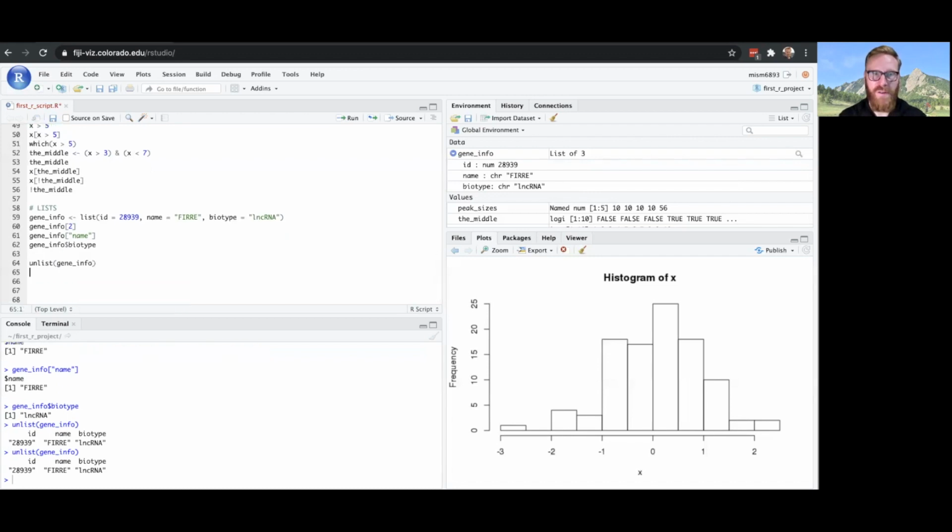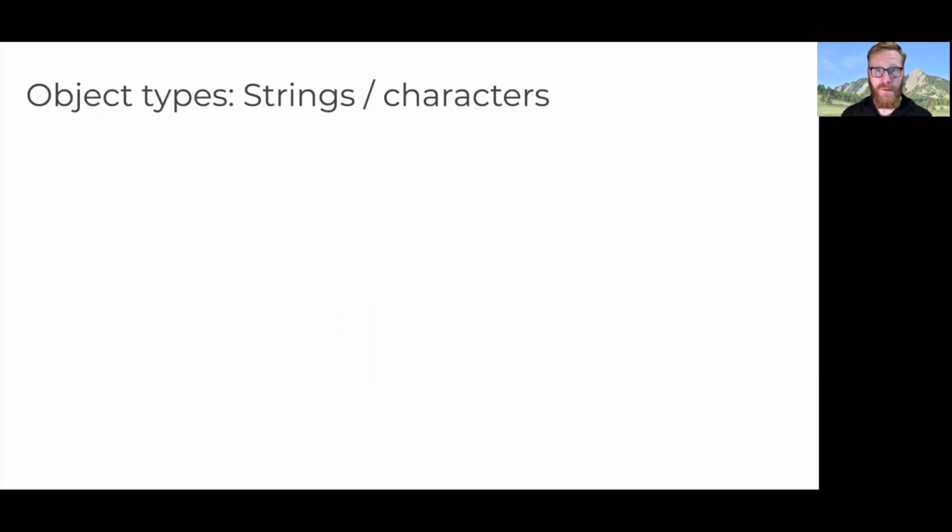And when we do so, because it's changing it back into a vector, and a vector can only contain one type of data, it's coercing our ID, which is numeric, into a character. So that's why it has quotes around it down here. So that's actually a nice segue to talk about our second to last basic data type in R, which is